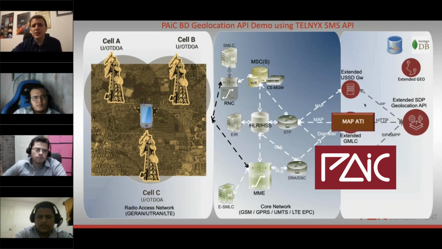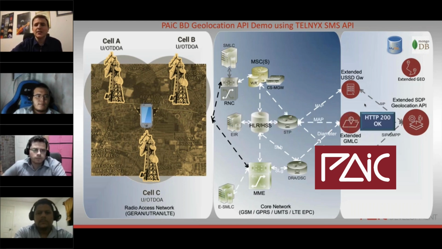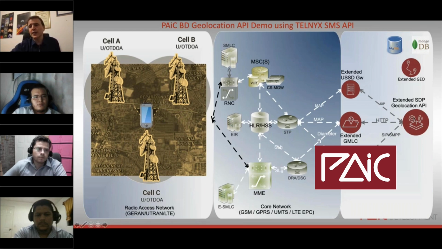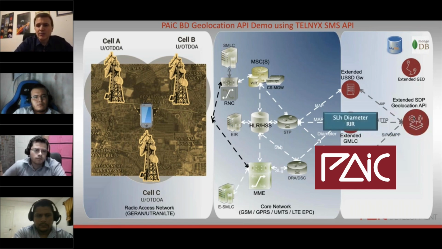Once the extended GMLC gets the information from the HLR, it sends it back through HTTP to the extended SDP in JSON format, which will then trigger